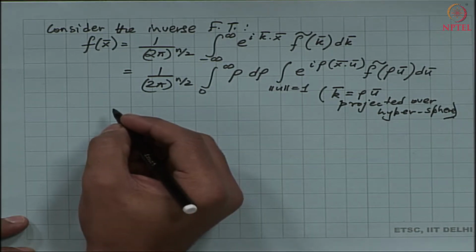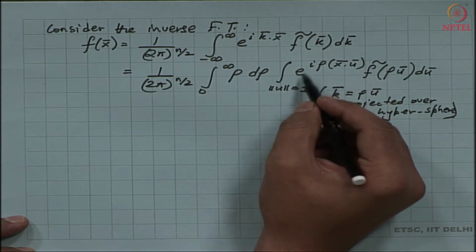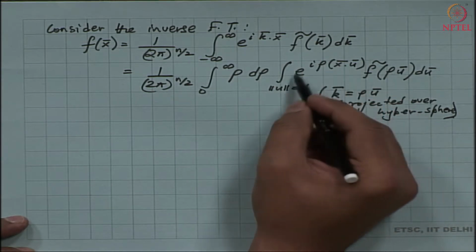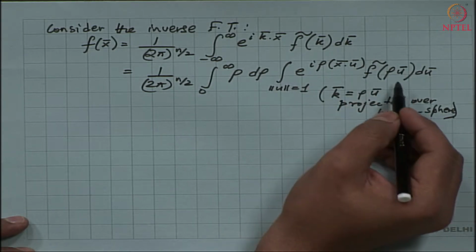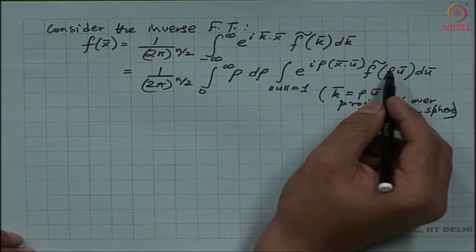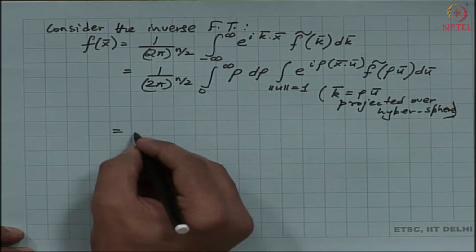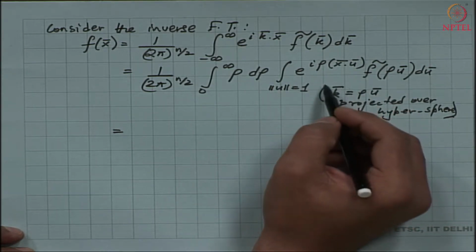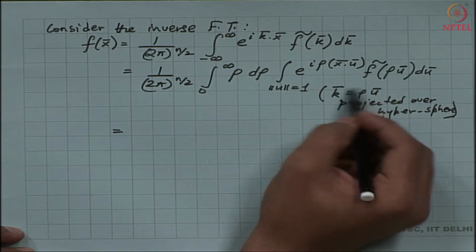Okay. So, notice that this particular integral, which is the interior integral, is the inverse of the Fourier transform, the n dimensional Fourier transform on the hypersphere. So, I can replace this interior integral by its corresponding Radon transform. What I have is the following: I am going to replace this definition of Fourier transform by the relation that I had in my expression 5, by its Radon transform equivalent.